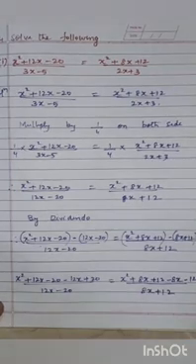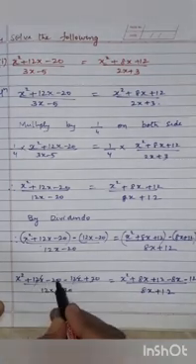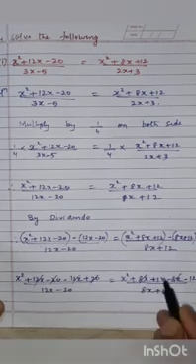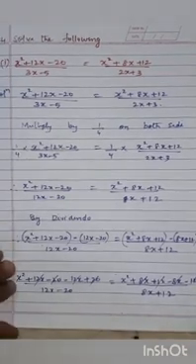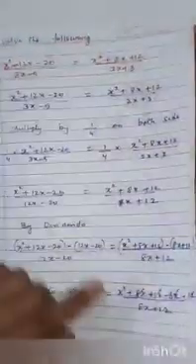Okay, now after this what we have to do children? See, you can see here this plus 12x minus 12x get cancels. Then similarly minus 20 plus 20 get cancels. And here plus 8x minus 8x cancels. Plus 12 minus 12 get cancels. So what we get is, we get here x square upon 12x minus 20. Therefore we get x square upon 12x minus 20 is equals to, and here we get x square upon 8x plus 12.